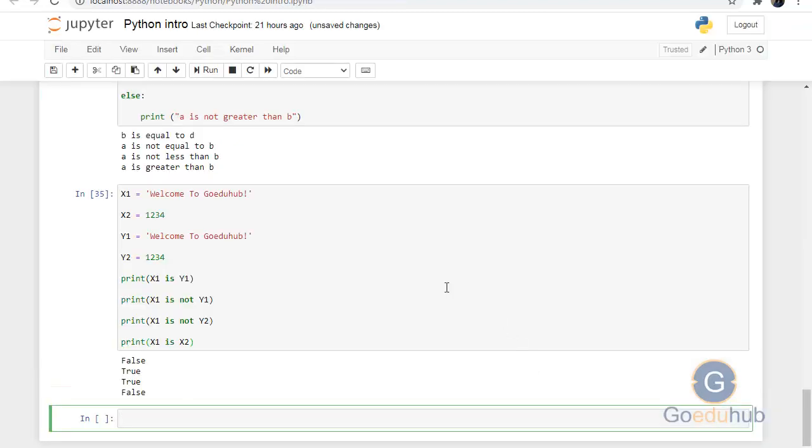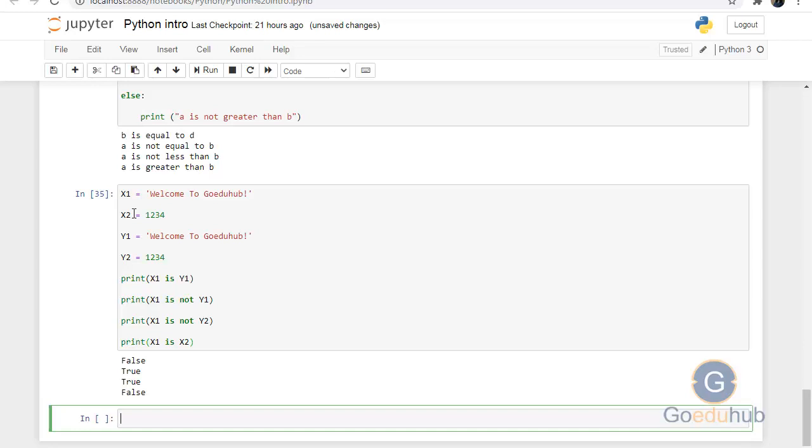Here x1 is a string object and y1 is also a string object. But strings are immutable. We have created one object and then when we use another variable y1 equal to welcome to GoEduHub, it will also create another object.